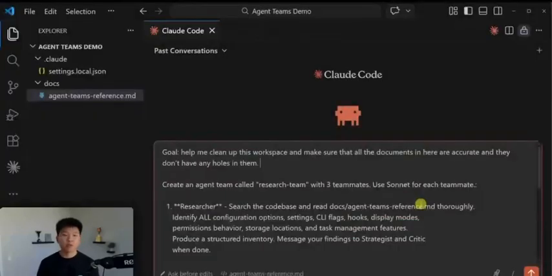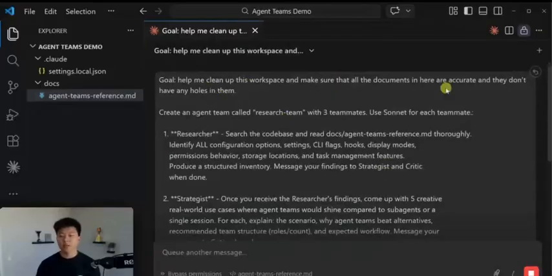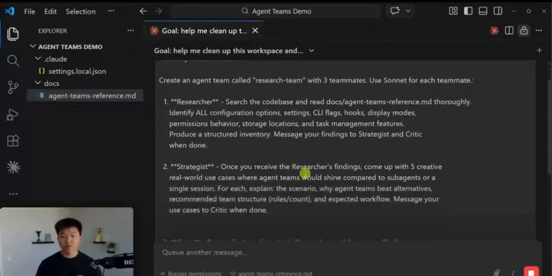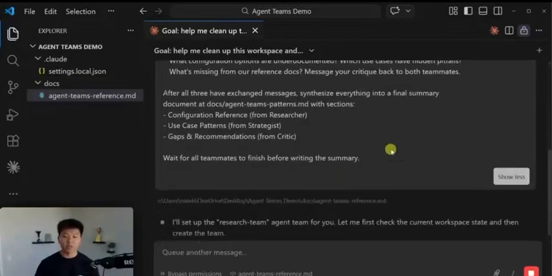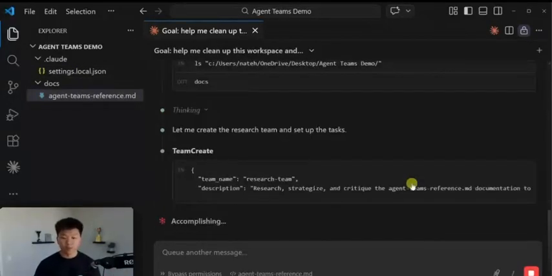Okay, so I'm in that project that we set up together. I'm in a fresh session and I'm gonna send off this prompt. I said that the goal is to help me clean up the workspace. We have 3 agents called research team. We're using Sonnet. We've got a researcher, a strategist, and a critic. And they're basically just gonna read through this project and make sure that everything's accurate and make sure that we're set up good. Let's take a look at what's going on. It's creating the